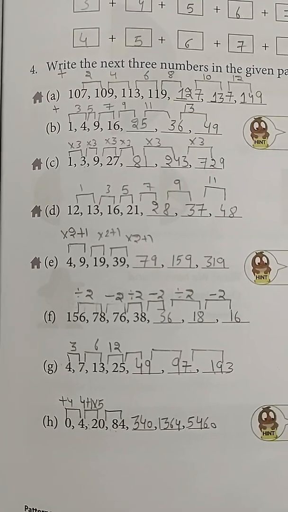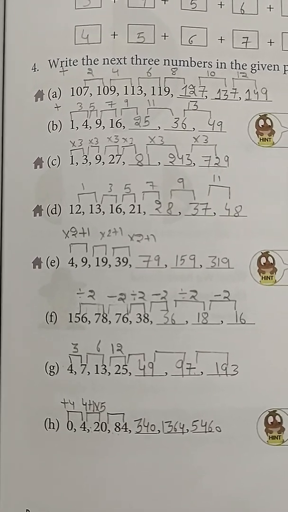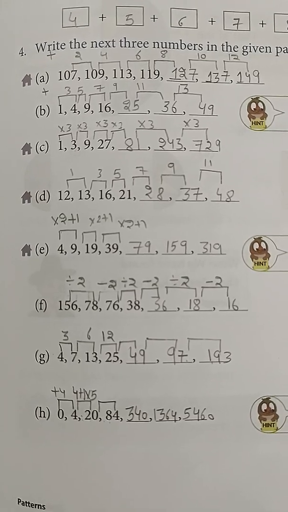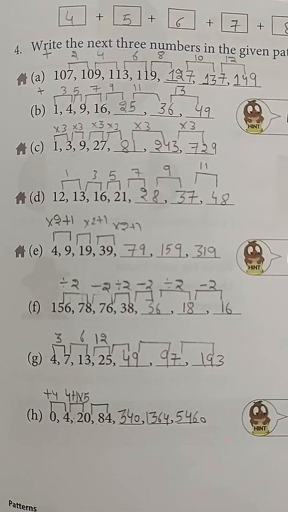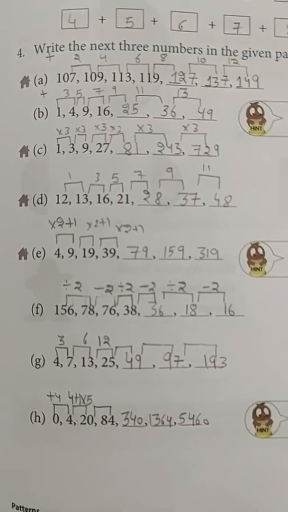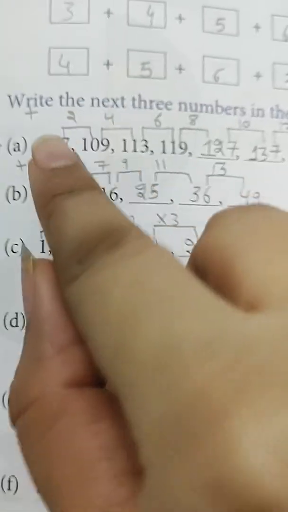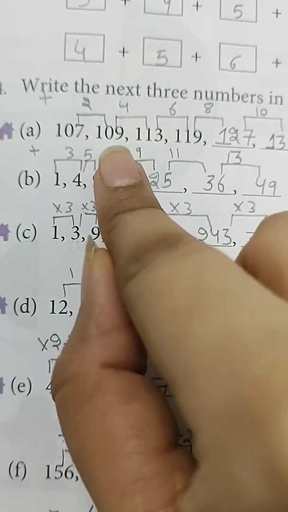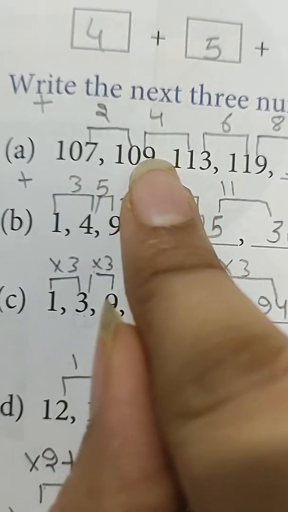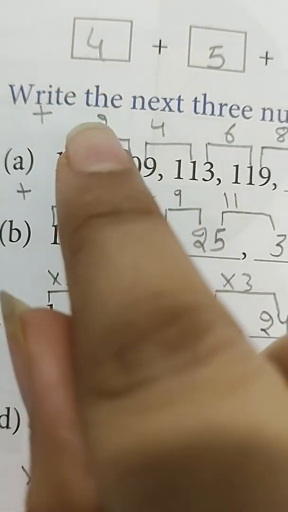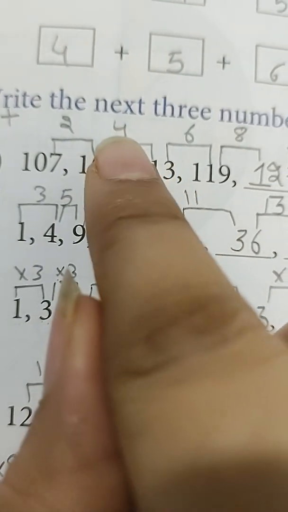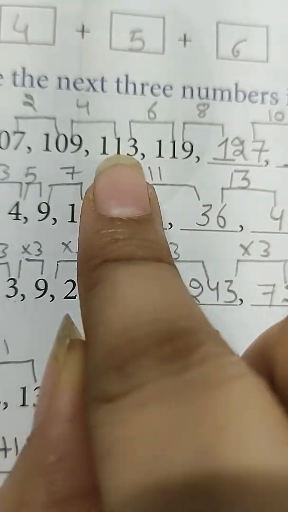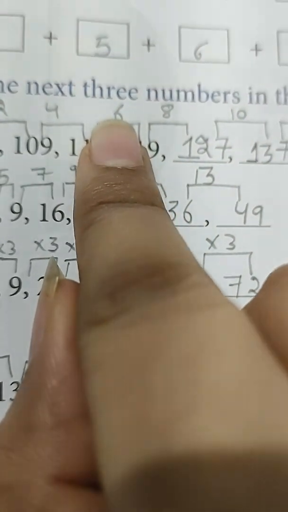Earlier you used to do like leave 2, leave 3, one number is missing, 10 numbers missing, 5 table is going on, 2 table is going on. But here there are many things that we have to keep in mind. So let us come to your first pattern, that is 107, 109. The difference between 107 and 109 is 2. When we come from 109 to 113, we have a difference of 4. Then 113 to 119 we have a difference of 6.